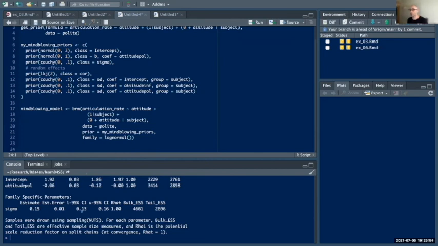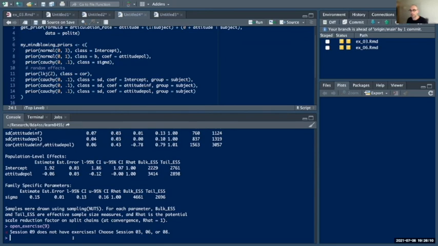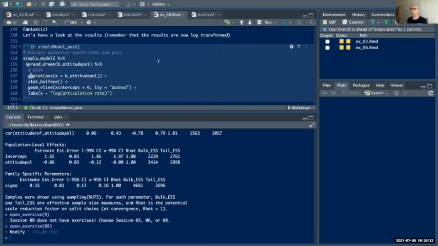Again, if you have loaded the learnB4SS package, then you can open exercise. You know what I love? I don't know where we figured it out. If you put in a number that's not in here, it tells you that this doesn't exist, and you should choose the ones that exist. It's just, I love it. So basically you want to pick number 8. That's the one that we just did. And it opens an R Markdown